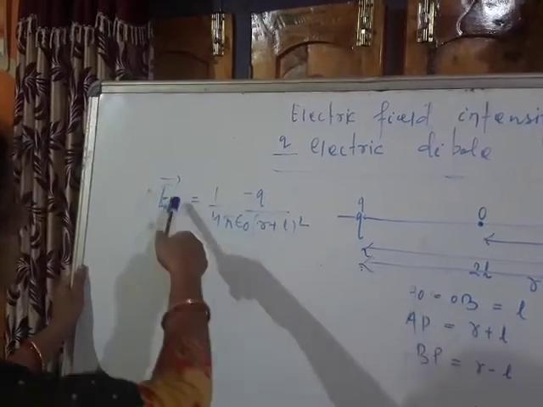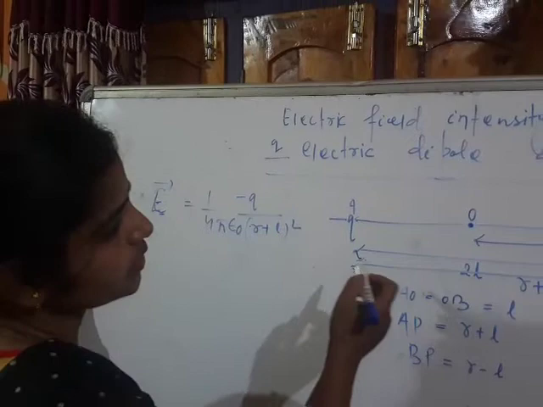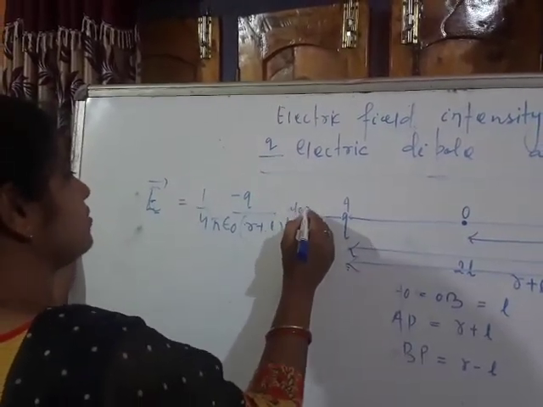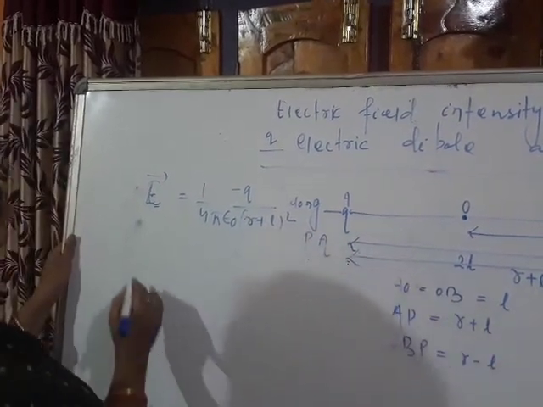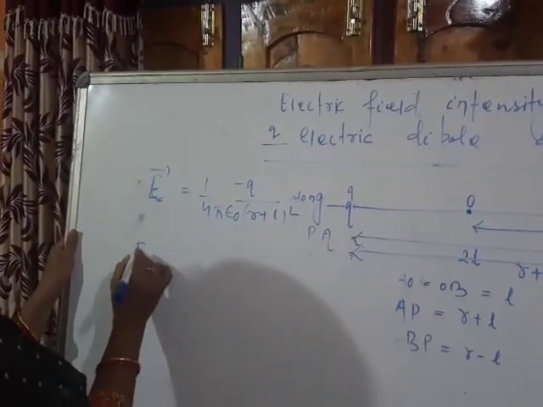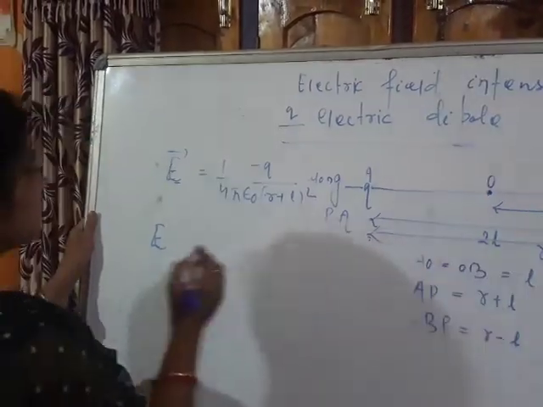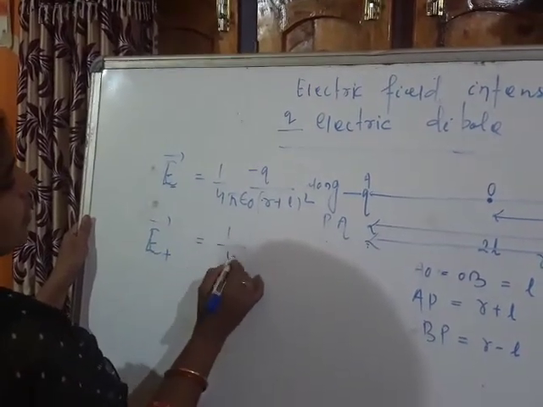Along which direction? Since I have taken the vector sign, along this direction, along the direction PA. And similarly, the electric field intensity due to this positive charge plus q, E plus equals 1 by